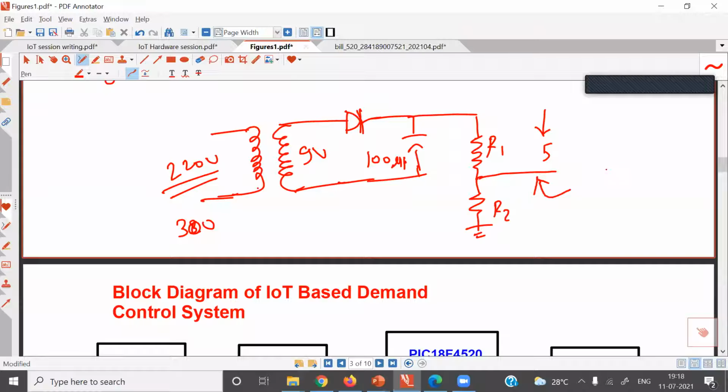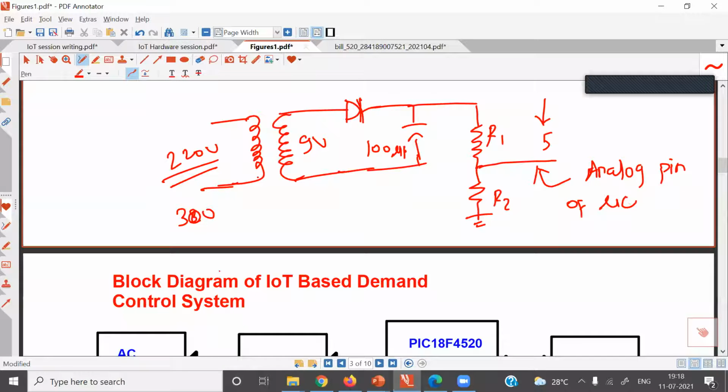And this voltage you measure with the help of the on-chip ADC. So you will have to connect this line to the analog pin of the microcontroller. And with the help of the on-chip ADC, you convert this analog voltage into a digital number and process that digital number to get the actual voltage. You can directly map. So for example, for our input AC voltage range, we can even consider a smaller range. Of course, there is a drop of 0.7 volt here, but that 0.7 volt is already compensated here by taking 5 volt here.